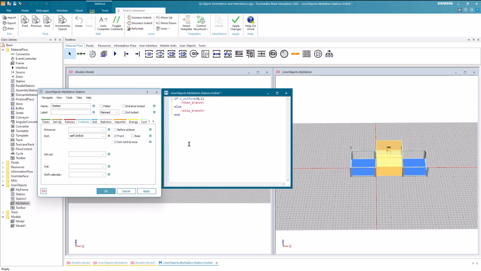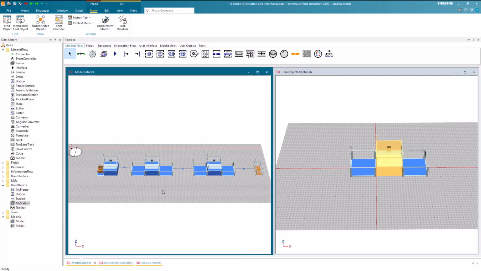Then we will compare if the value is greater than 0.9. If this is the case, we will move the part to rework, which is done in the same station. To address the station, we can use the anonymous identifier question mark. If you are not familiar with anonymous identifiers, we highly recommend you watch the corresponding videos. In the else branch, we will move the part to the successor. We can now save our control. If we now look at the instances, we will see that they inherited this control.